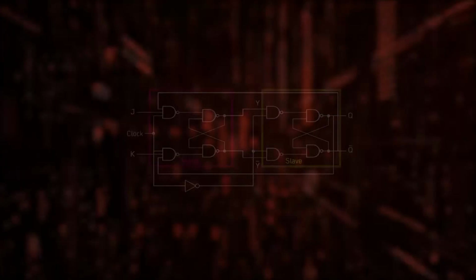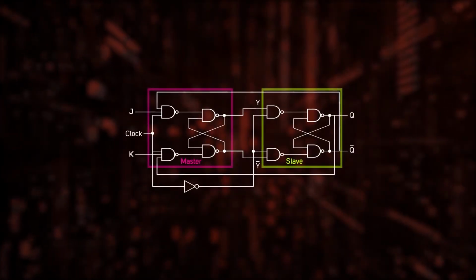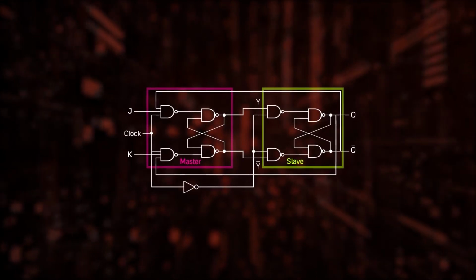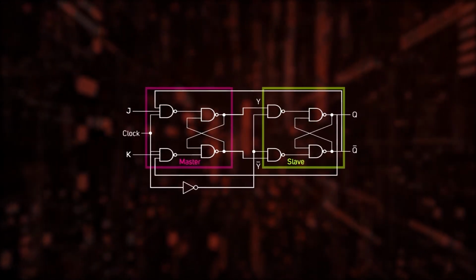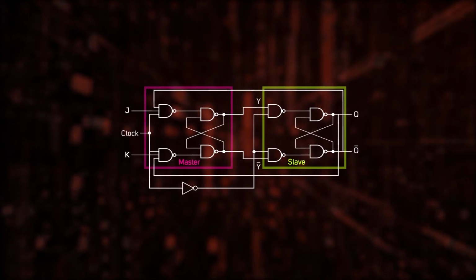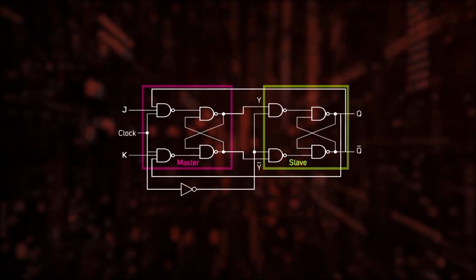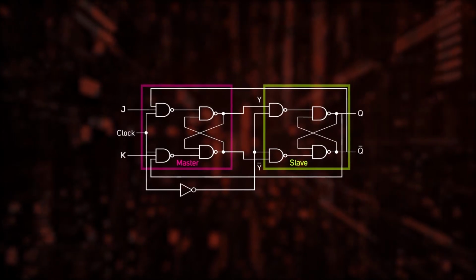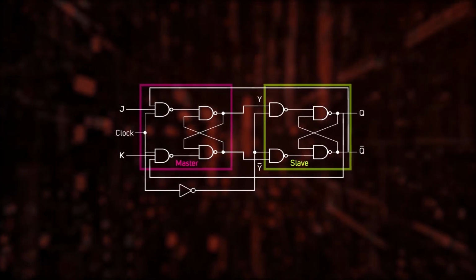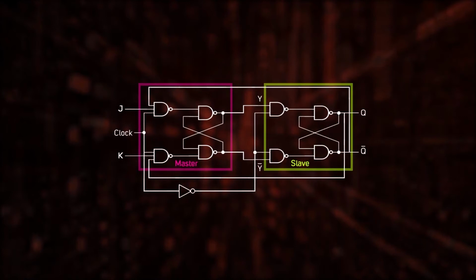It can be constructed using two SR flip-flops with the output of the slave connected back to the master flip-flop. Look at the logic diagram. See the master and slave flip-flops and note that the output Q of the slave flip-flop is connected to the K input gate of the master flip-flop and the output Q dash is connected to the J input gate of the master